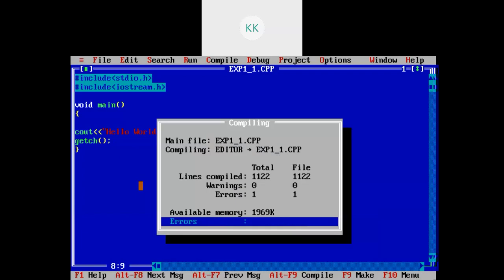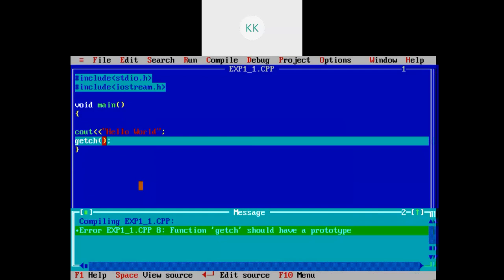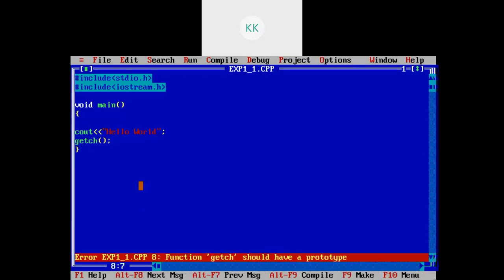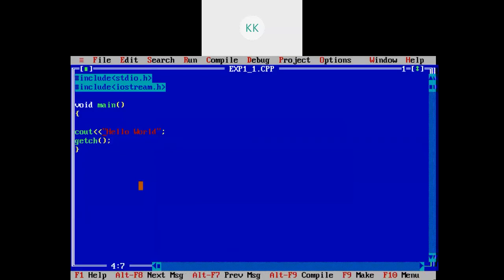Now again there is one more error. Function getch should have a prototype. Means what? This getch is residing in some file which we need to include. So I need to include one more file, hash include, in which file it resides, that is conio.h.